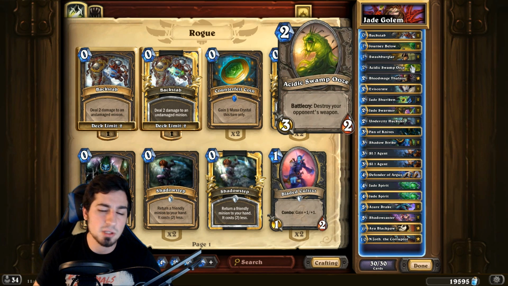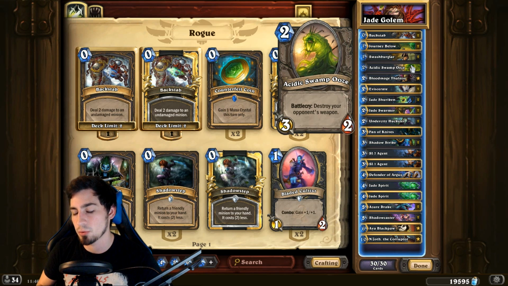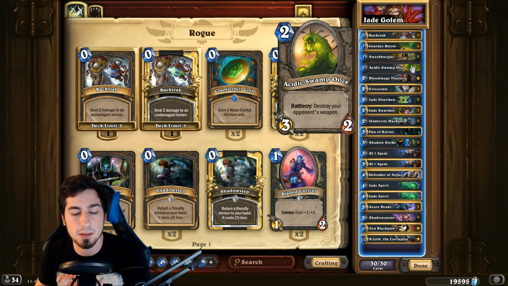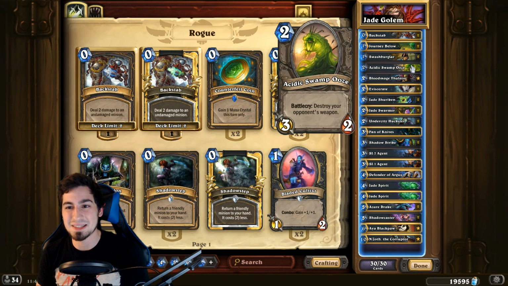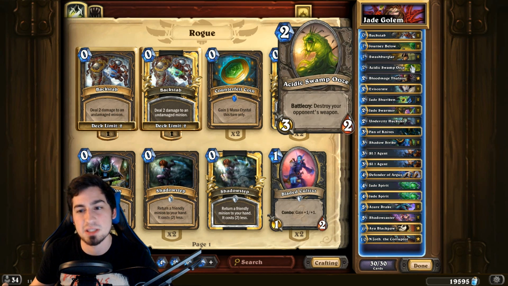The first, the Acidic Swamp Ooze is in the deck. One is enough, two is too much. It destroys your opponent's weapon. Obviously, with all the Pirate Warrior and Pirate Shaman being thrown around, it's very important that you have some sort of ability to get rid of the weapon that they create, because this deck, first of all, has no heal, and it only has one form of taunt, which is the Defender of